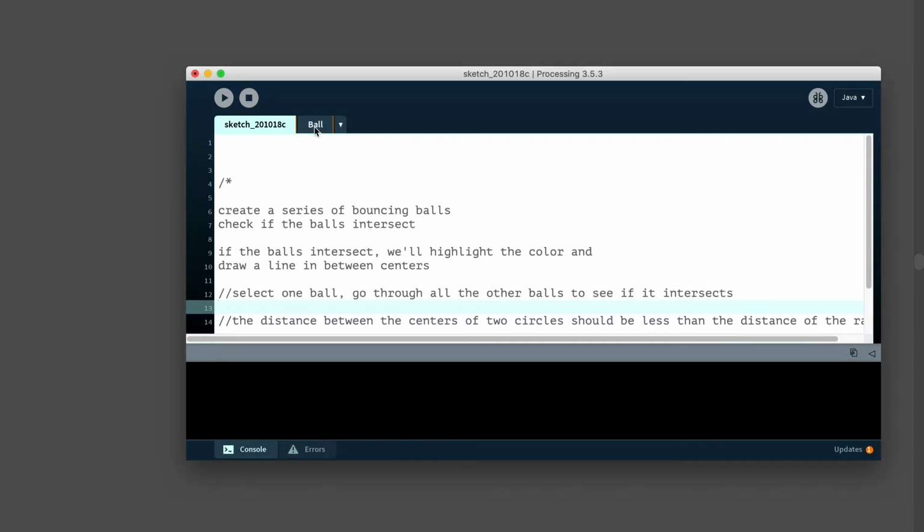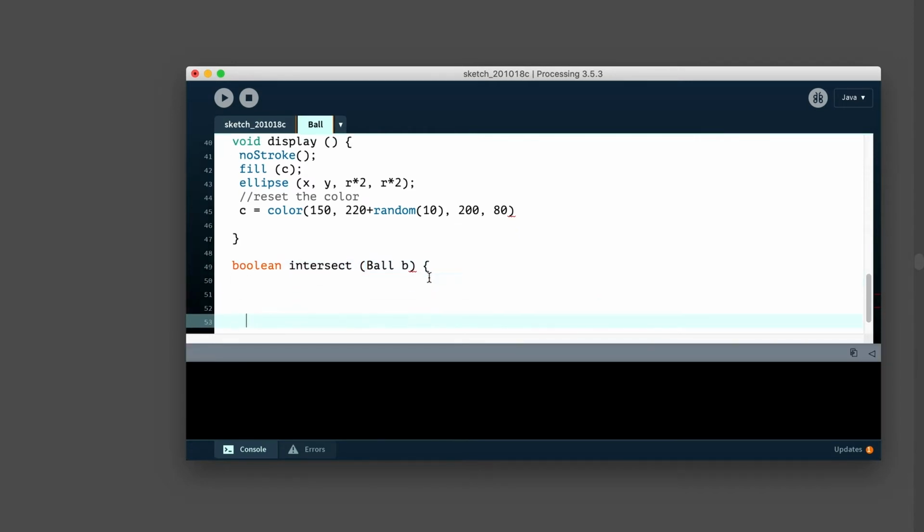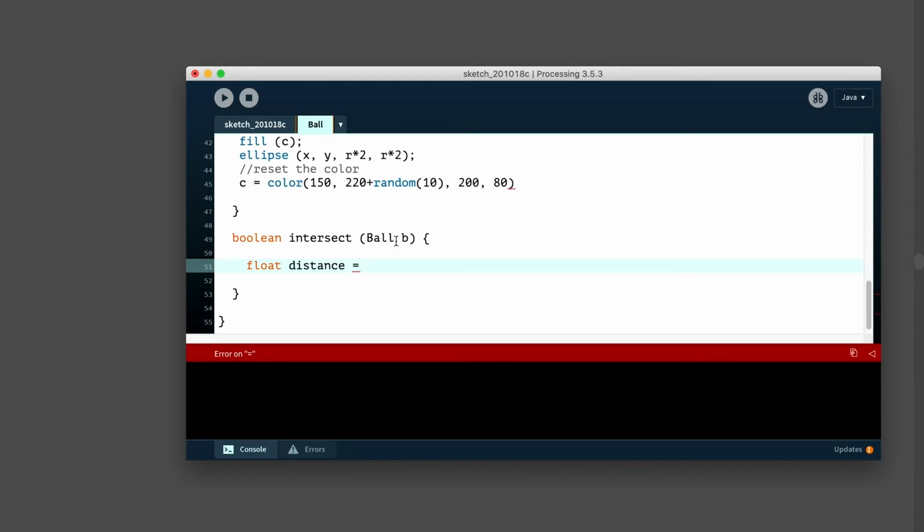So let me go back into the Boolean and write this out. The way to write this out is, let's find the distance between the centers and another ball.